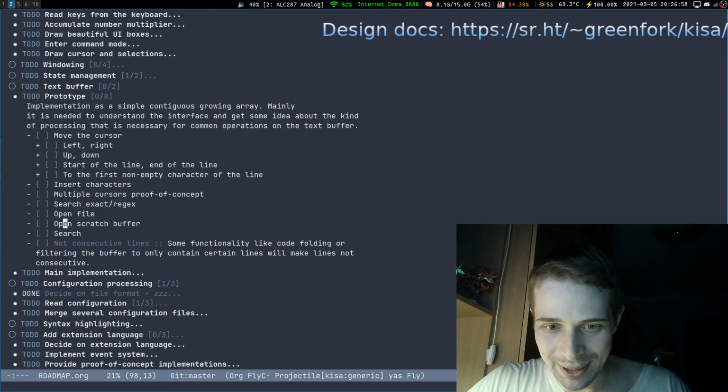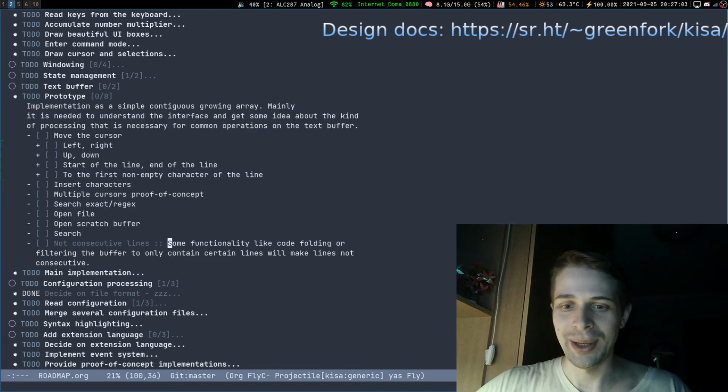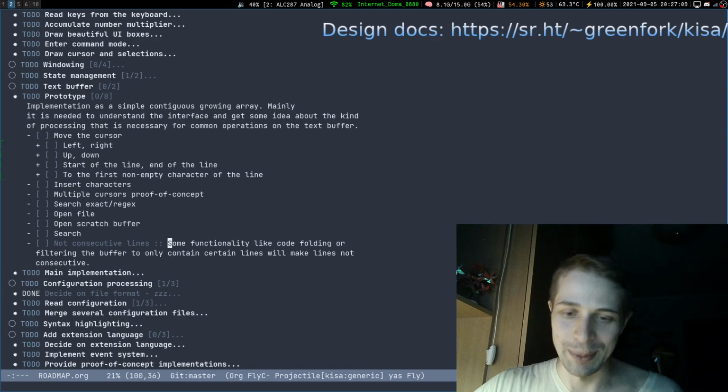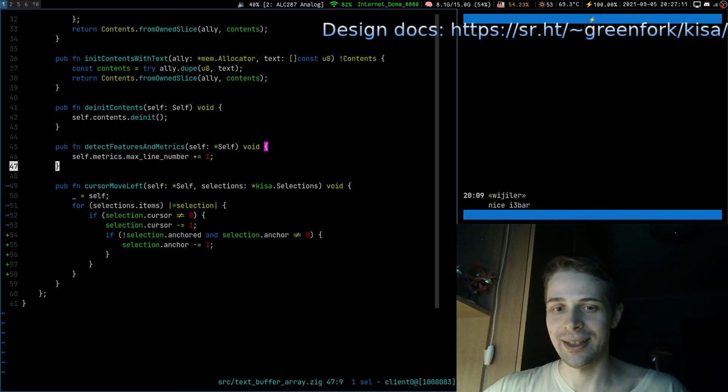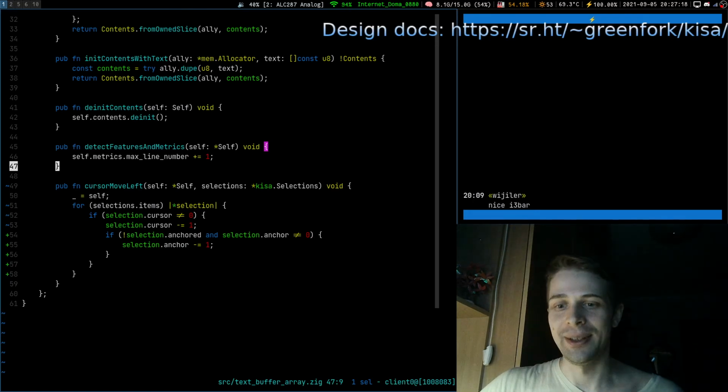Like this one, not consecutive lines. When we have some folding in the code, this will be very difficult to implement, or at least it seems so to me. It is technical, like geek, nerd stuff to implement. It is one thing, but another thing is design, general design decisions: where to put things, how to access things, how you go about abstraction layers, isolation, and all this stuff.